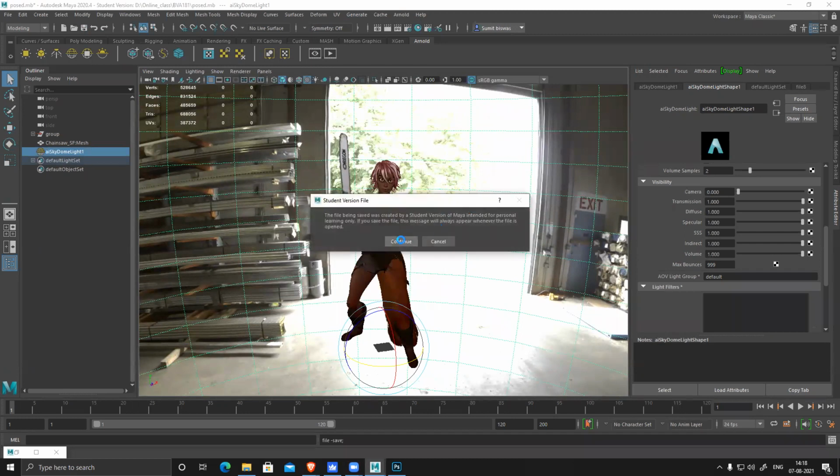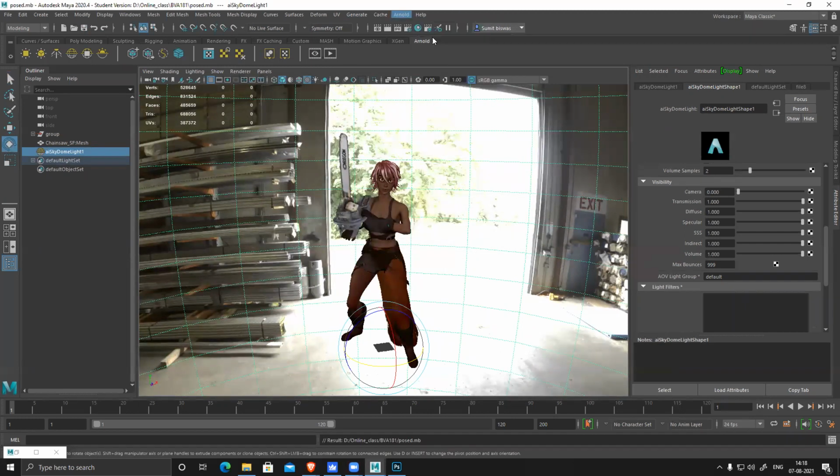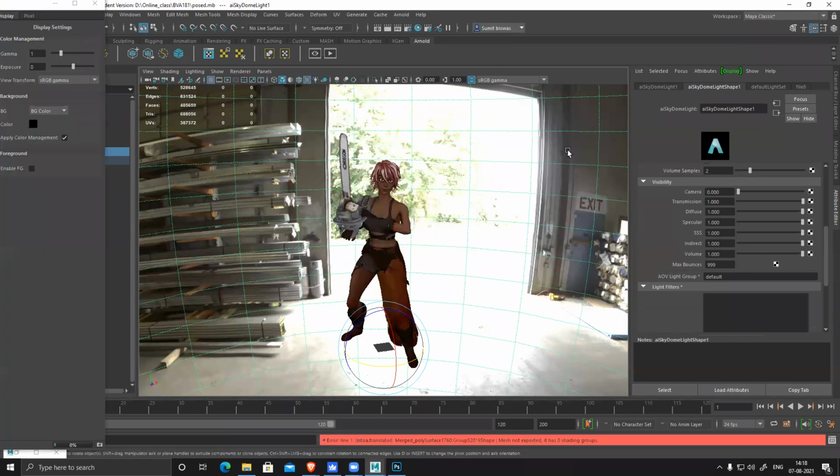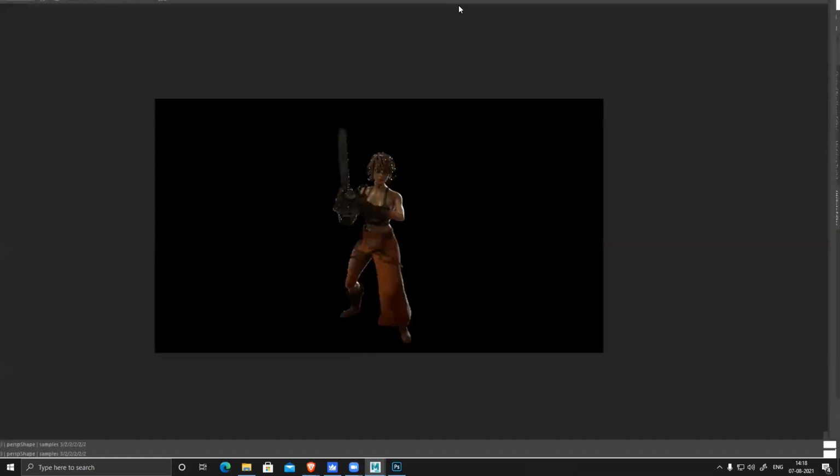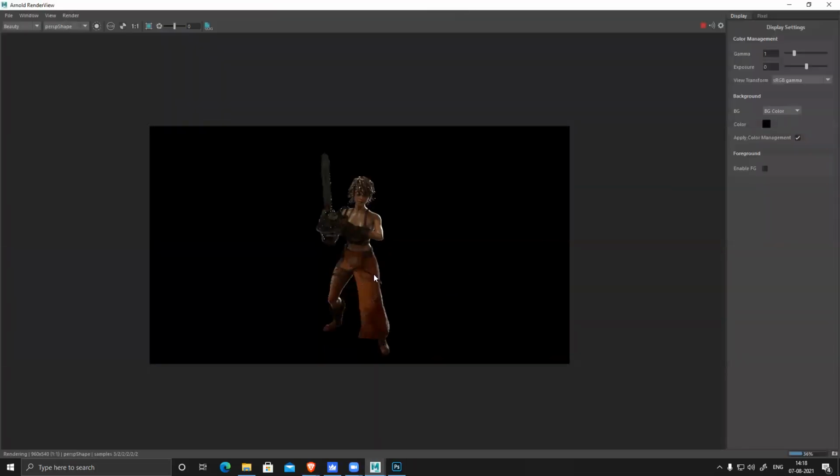Let's save the file first. Okay, different windows. You can see the light, the rim light and everything.